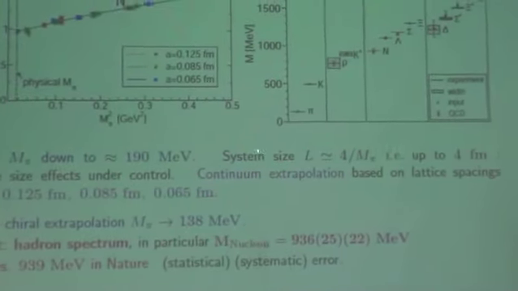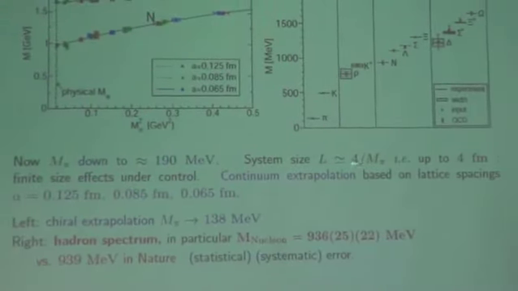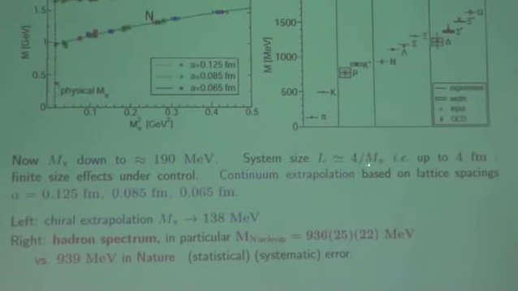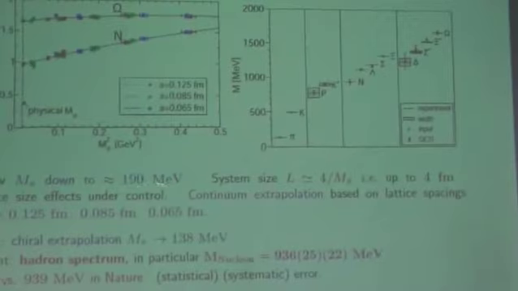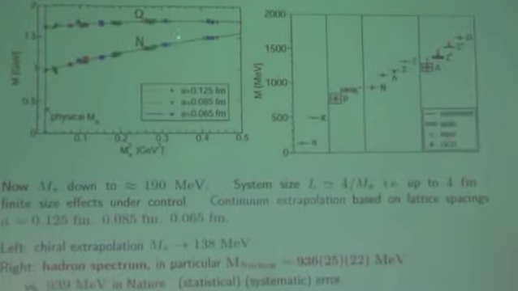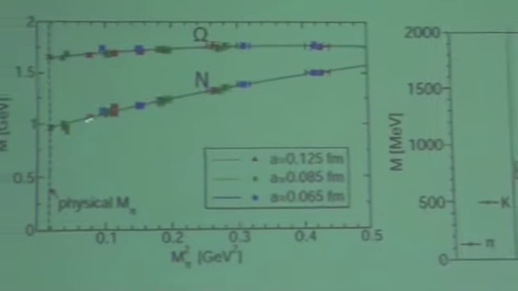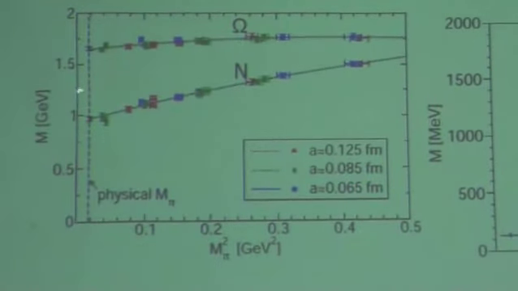So since finite size effects are exponentially suppressed, this is actually safe. So these finite size effects will not do much harm in this case. So this is a size of about 4 Fermi in this case. This is about an inverse Fermi. And what is more worrisome are the lattice spacing artifacts. So they simulated this at 3 different lattice spacings, which are shown here by the different colors. And we see that the extrapolation seems quite safe down here, and there are sophisticated extrapolation techniques to get this